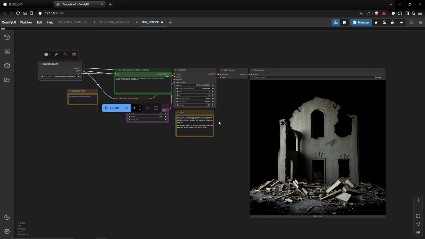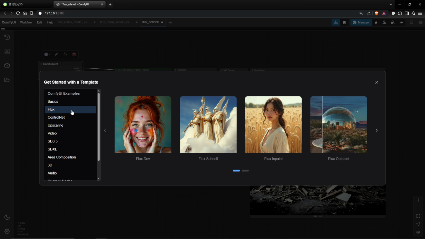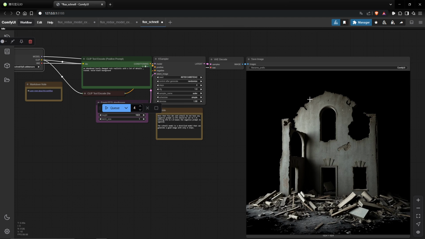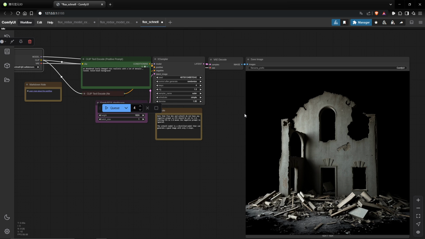It works pretty well. So here in Comfy UI, you go into workflows, browse templates, and into Flux. I will not show how to install Comfy UI. There are a lot of tutorials on how to install Comfy UI and Flux, and you just go into Flux Schnell or Flux Dev. It will ask you to download the models. You just have to put them into the right folder, and after it just works, and works pretty fast. I mean, just to generate this, it takes a few seconds with, let's say, a